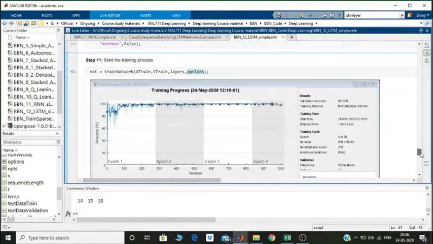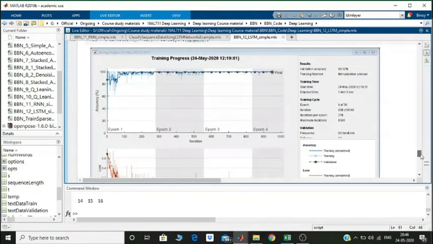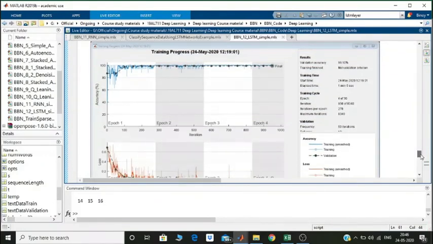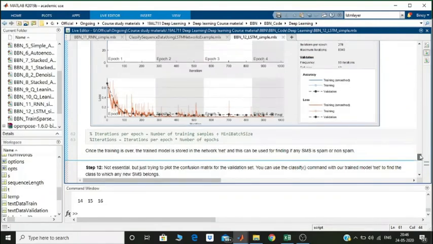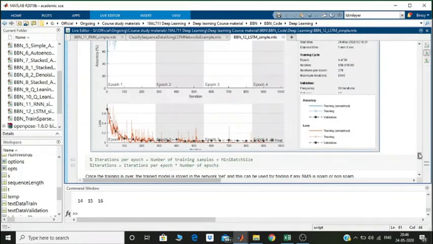And if you look at this, we have got the training progress, and the validation accuracy has gone to 99.1%, which is quite good for us. And please remember, if you do not understand how the iteration number has become 8340 and iterations per epoch has become 278, which are very weird numbers, how did they come up?